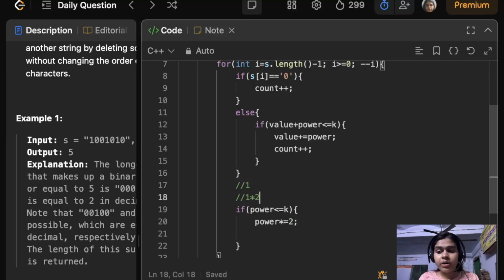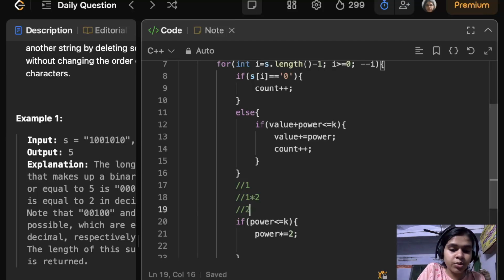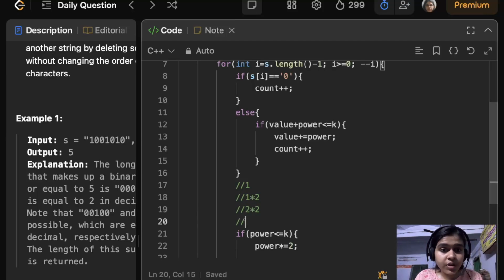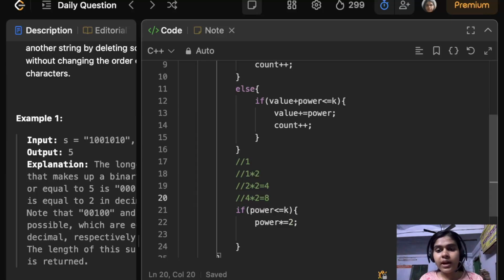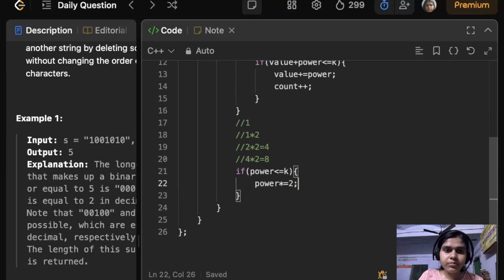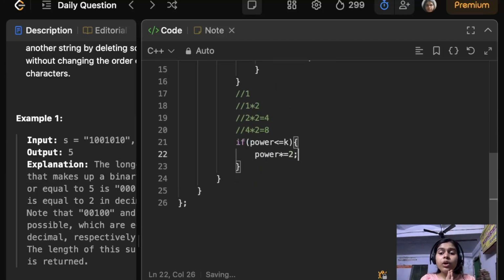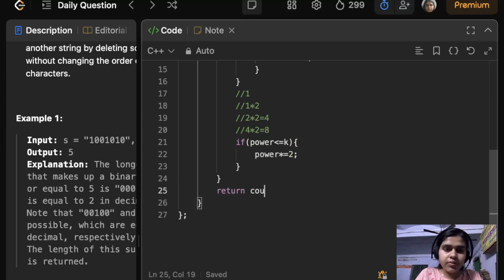Then for 2 to the power 1 position it will be 2, for 2 to the power 2 position it will be 2 into 2, and for 2 to the power 3 position it will be 4 into 2, which equals 8. So this is calculating our 2 to the power nth value here, right? So at the end, what we need to return is the count we have calculated. So it will be return count.